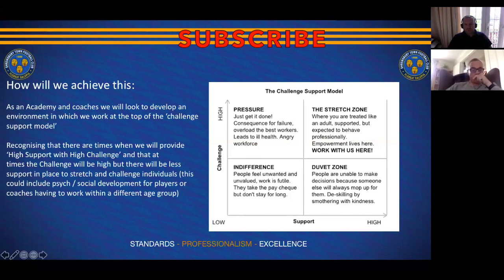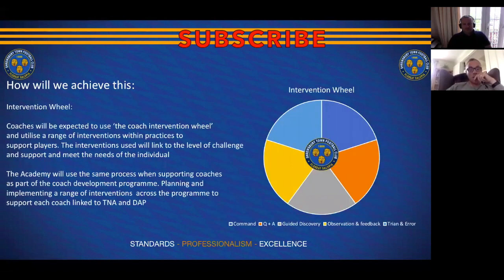So here's how we try and do that. We will put in place a number of interventions from a coach development point of view, just like they will put in a number of interventions with their players. Some of those interventions that we deliver to coaches may be very command-based. So what I mean by that is,